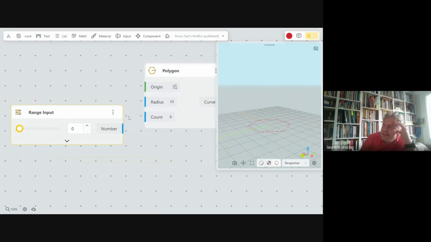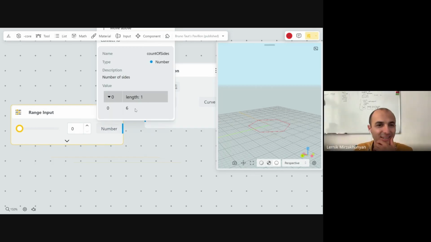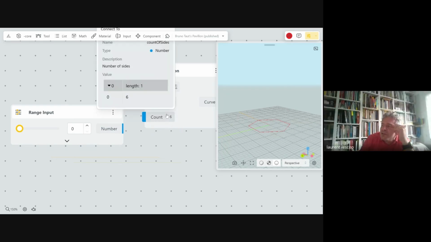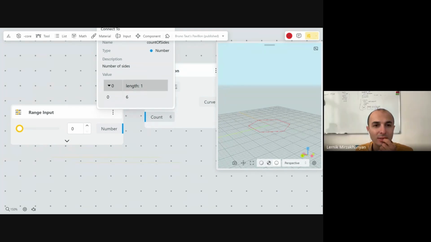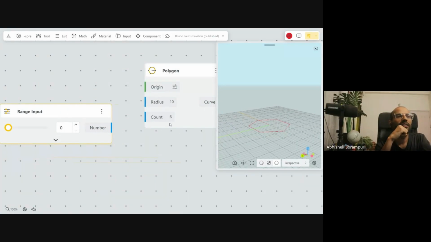Is there a possibility to just double click, for instance, here and change the value directly? Pardon, what was the question again? I think there is no possibility. You can do it in the node itself. Just hover over 6. You want to change the number? Yeah, without connecting anything. You can do it.